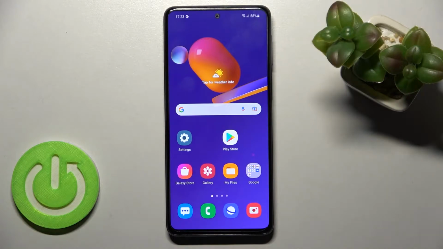Welcome! Today in front of me is a Samsung Galaxy M31s, and I'll show you how to hide developer options on this